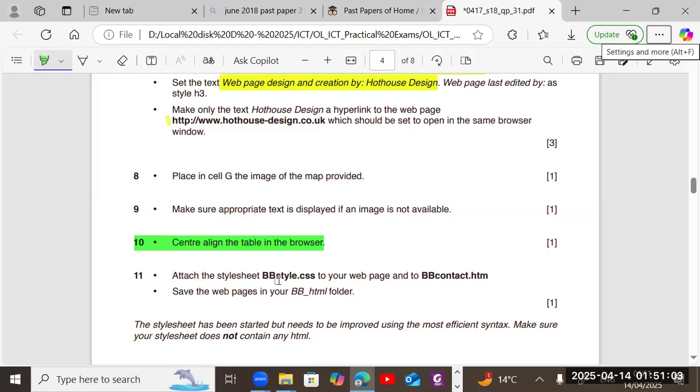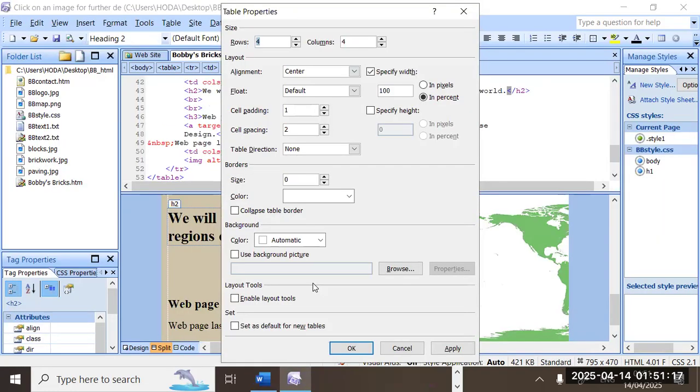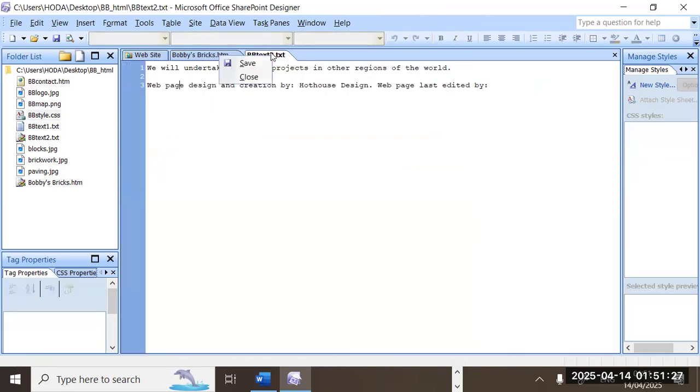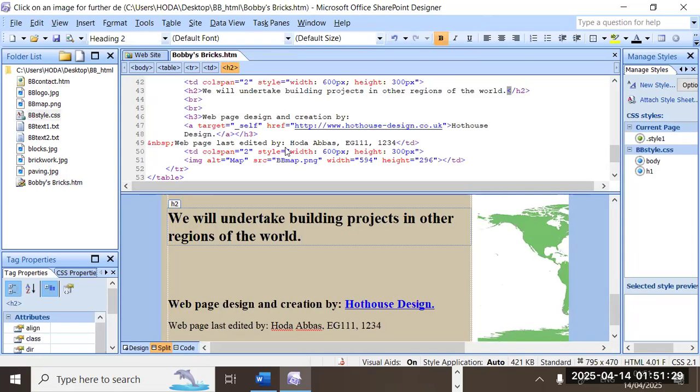Attach the style sheets bbstyle.css to your web page and bbcontact.html. Save the web pages in bb underscore html. Okay, save it. Control S or right click, save. And this text, I will close it. Okay, and then